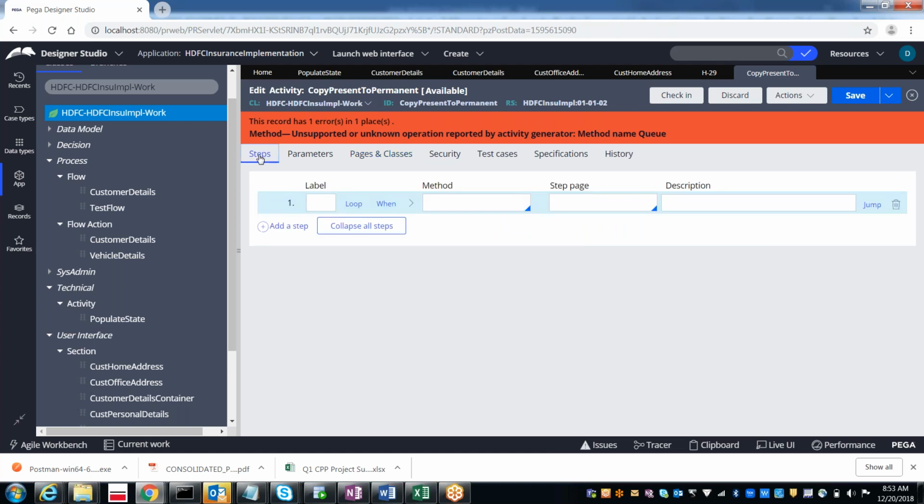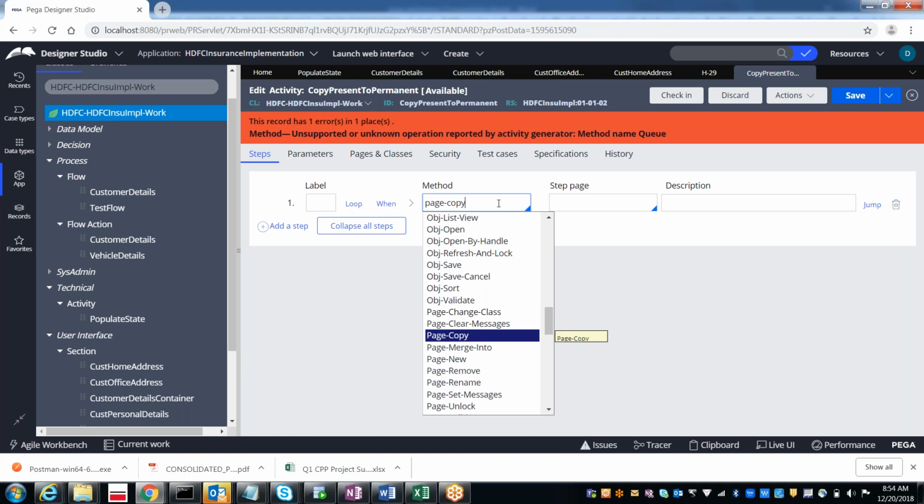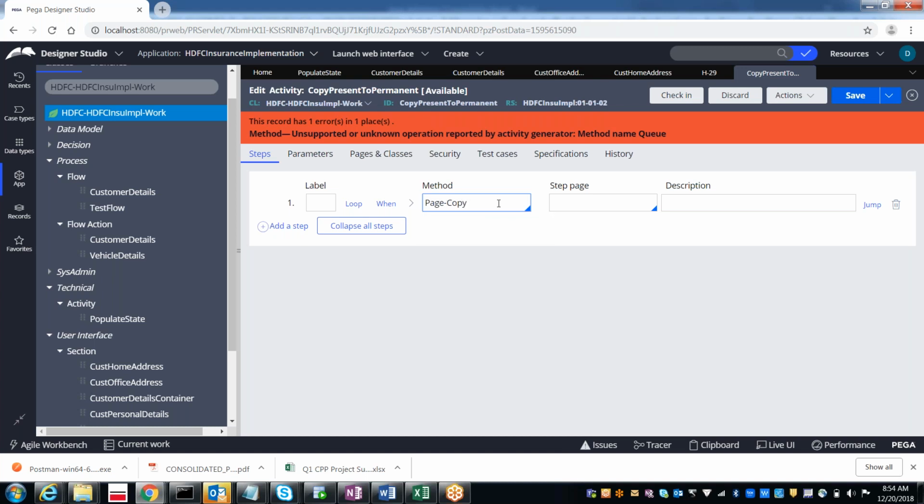Now let's go to the steps page. Under the steps, what we want to do is copy the data. I hope everyone remembers. For copying the data from one page to another page, we can use page hyphen copy. Otherwise, you can also use property set.